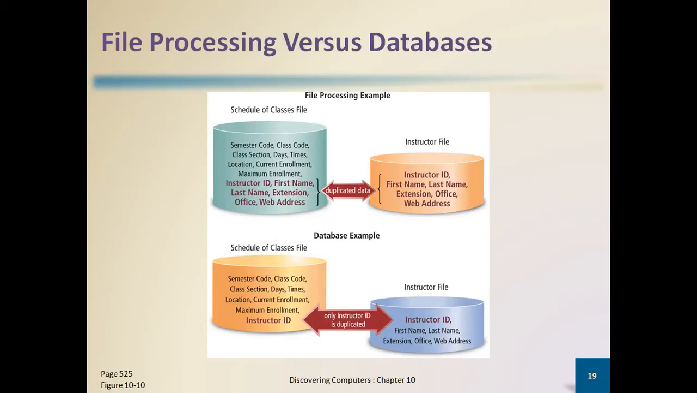Dan terus di sini juga ada contoh database example, ya. Jadi yang atas tadi itu file processing example-nya, dan sedangkan di sini database example. Dan schedule of class file, dia ada semester, code, class section, dan lain-lain. Dan di situ instructor ID, ya, cuma ada instructor ID. Beda dengan file processing example. Kalau file processing example itu ada instructor ID, first name, last name, extension, office, web address. Dan sedangkan dari schedule of class file yang database example,